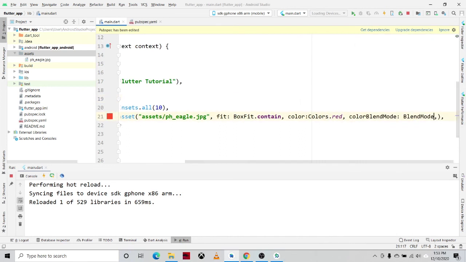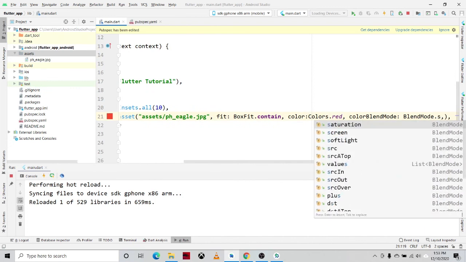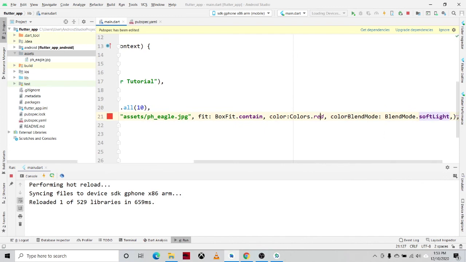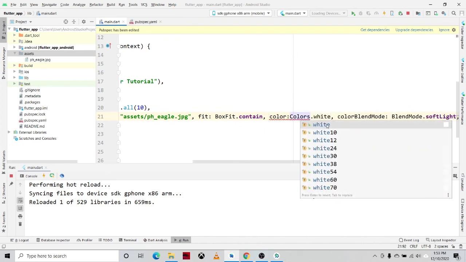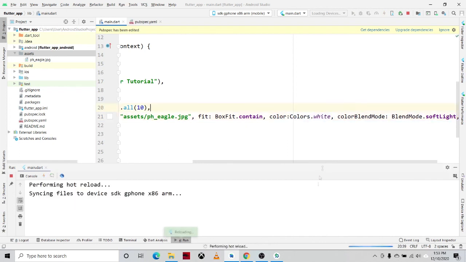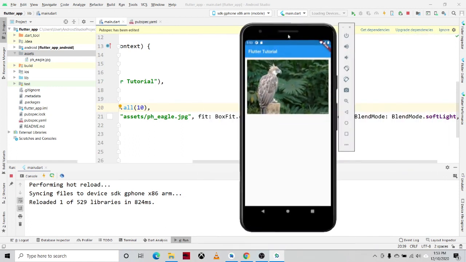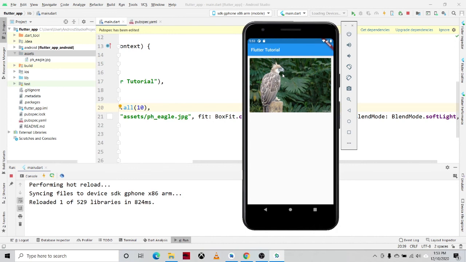Or you can also add a soft light. For example, we'll be changing it to white. Ctrl S, and then so that will be the output. It has a soft light of white.